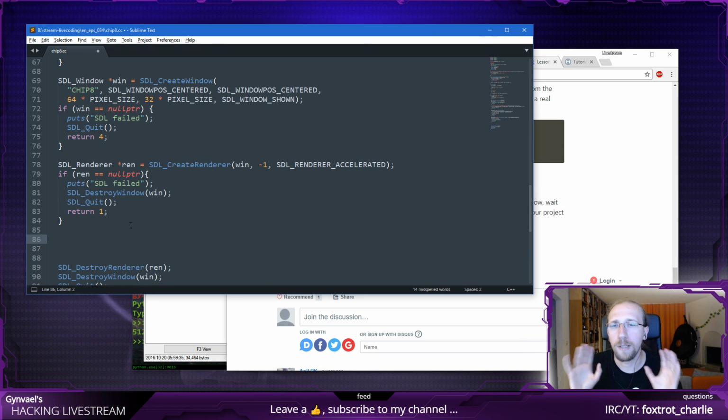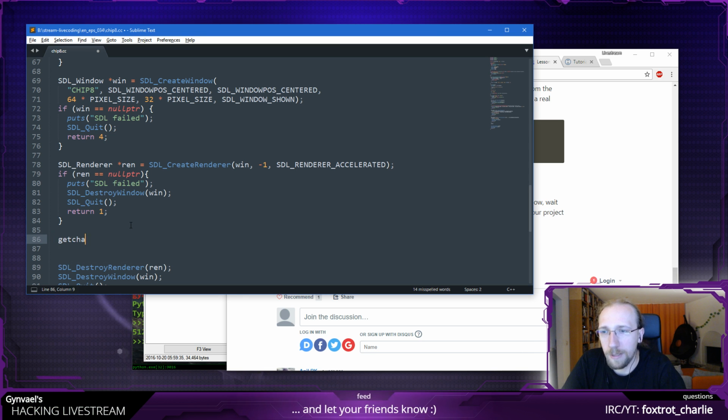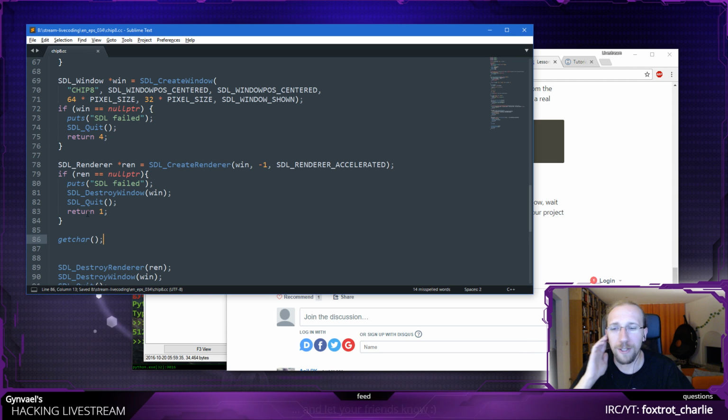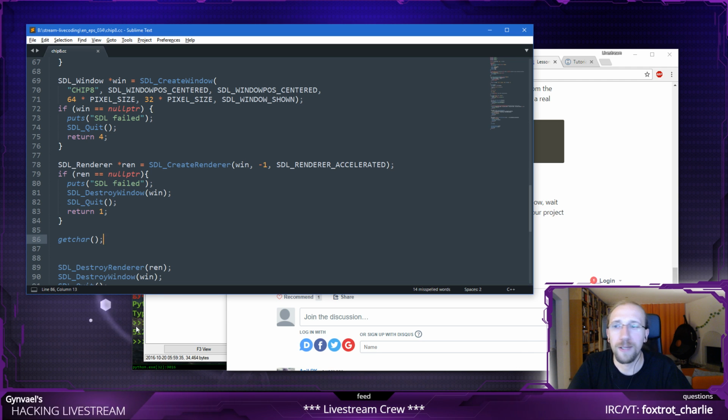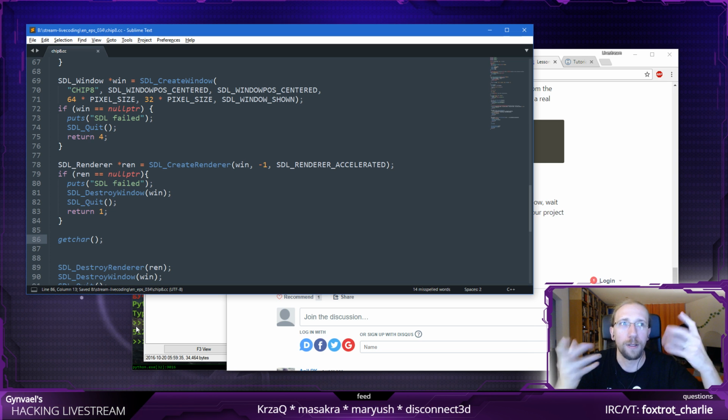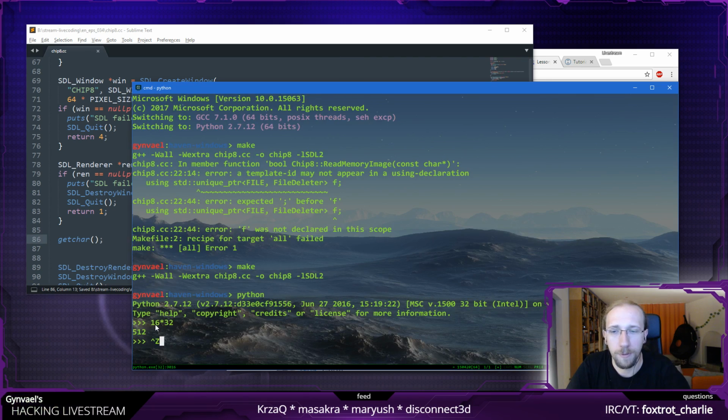And I'm not worried about compilation, I'm worried about linking. Getchar is a poor man's way to make your application wait for input. Because if I wouldn't put this getchar here, it would just show up the window and close the window, and this is not the effect I want.